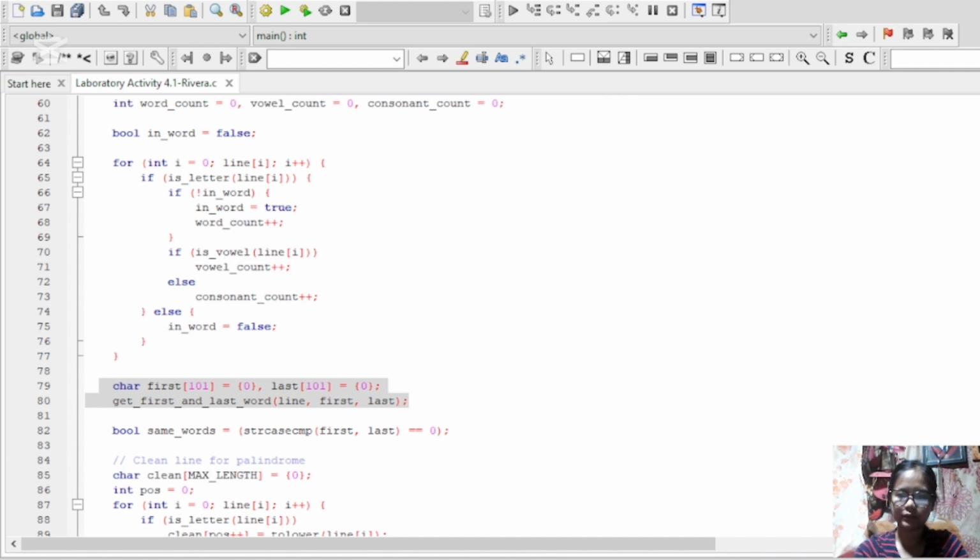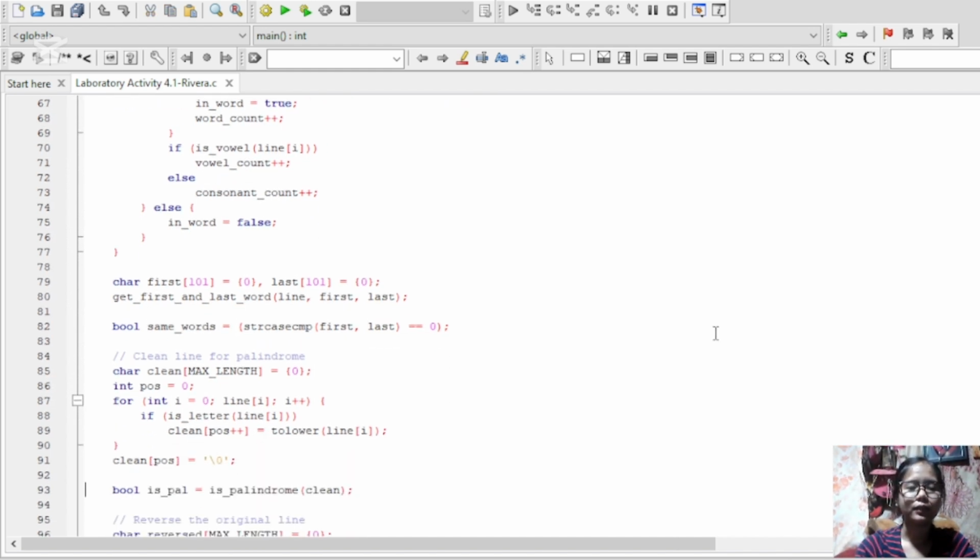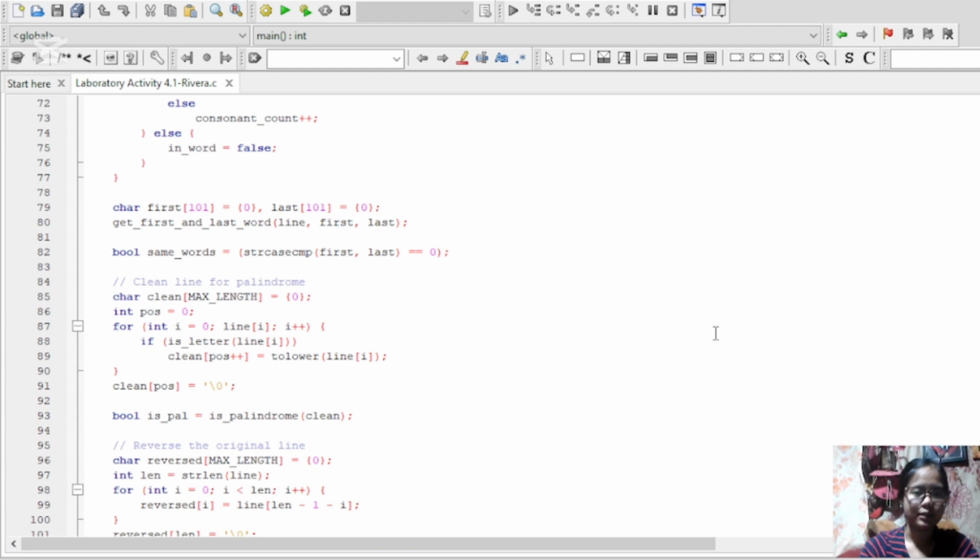The next line compares the first and last words. If they're the same, the result is true. Otherwise, no.